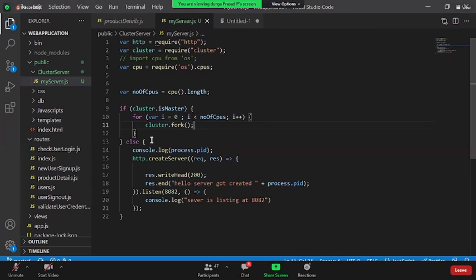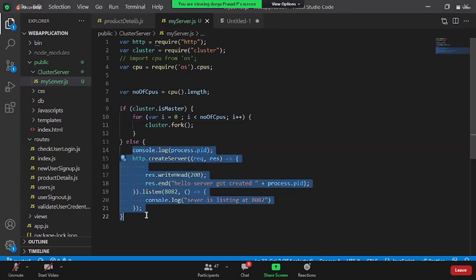If that is not the case, you simply create the servers. Obviously, 4 times you're creating a copy, 4 times the server is getting created. This is how you increase the performance of the page, by creating multiple virtual copies of the existing master copy.